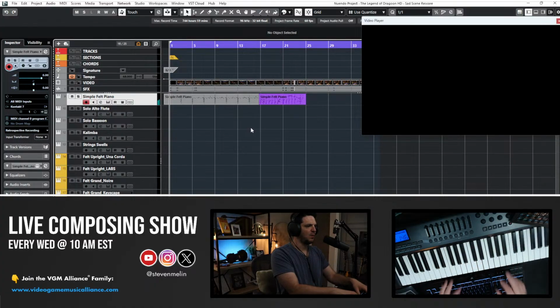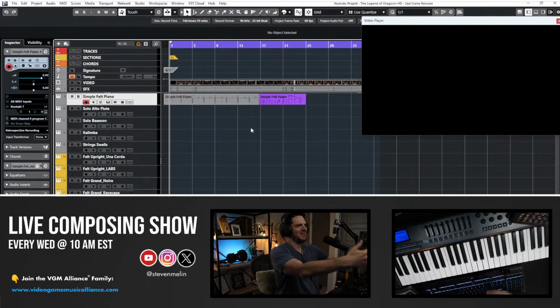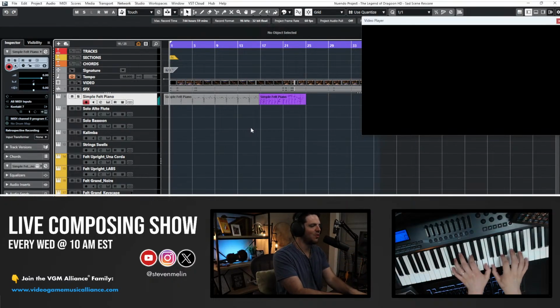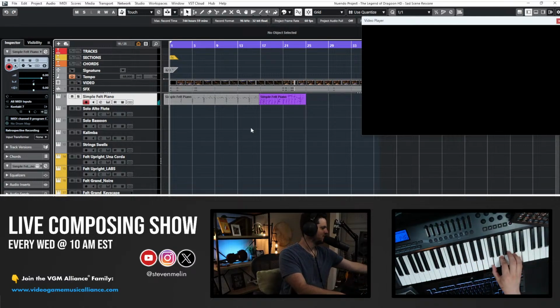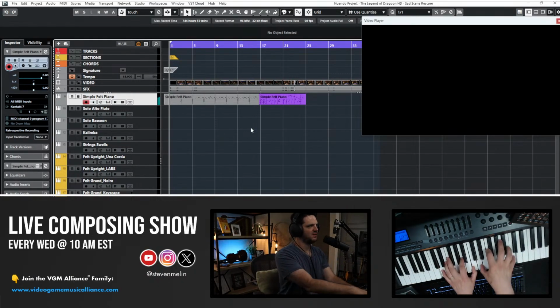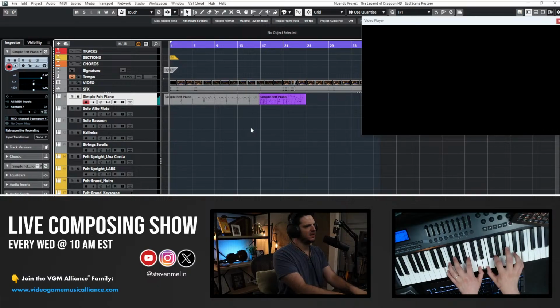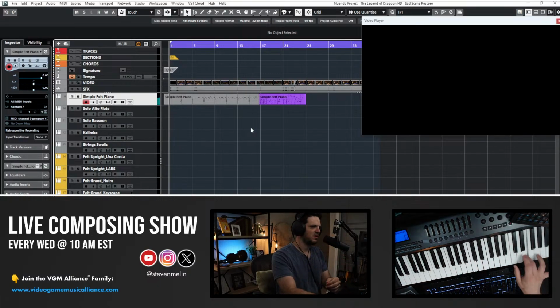And I'm wearing headphones right now. This sounds exactly like what it sounded like to play the piano and to record it, which is the goal. And that's why I do this 5 mic setup. It's a bit overkill, but I love it because it gives me the crispiness where you can hear the key clicks, but not so much that it's distracting. You can really hear it up high like that.